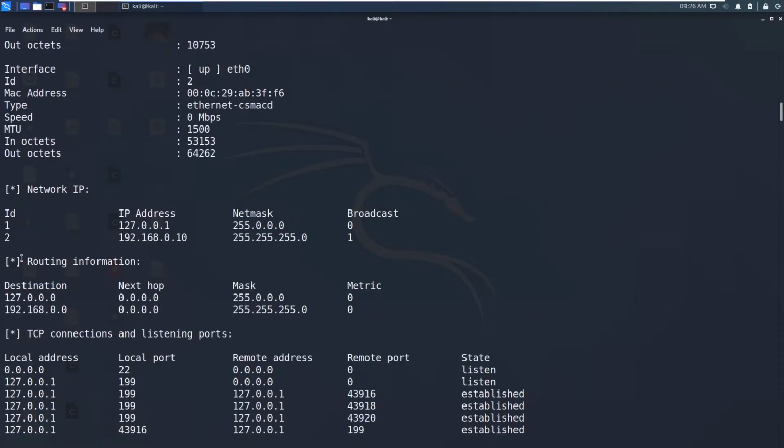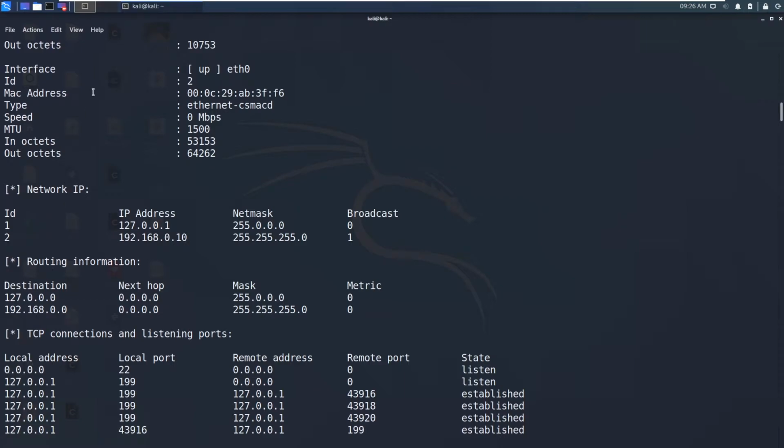This is one of the important ones. You can just dump the entire routing information or just copy it. Generally we have only this one subnet. In general, a router may have many subnets, and the destination, next hop, mask and metrics will be added if you have more networks.